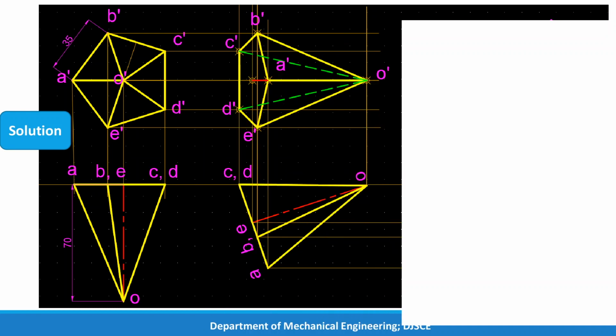Then second step, we are tilting it. We are tilting this so that this lies on XY and the triangular face will lie on XY or VP. This is the second step. And third step